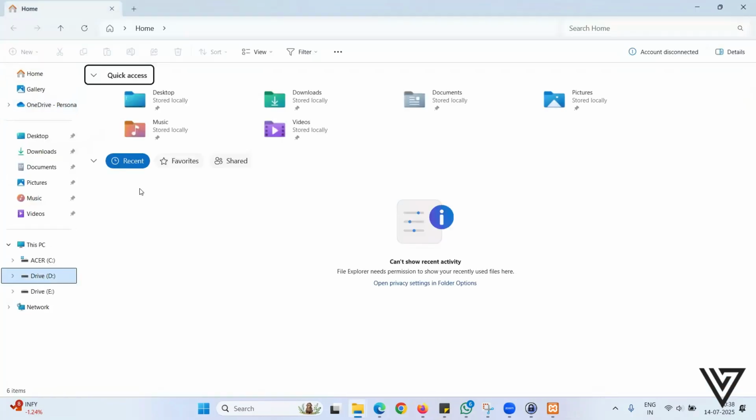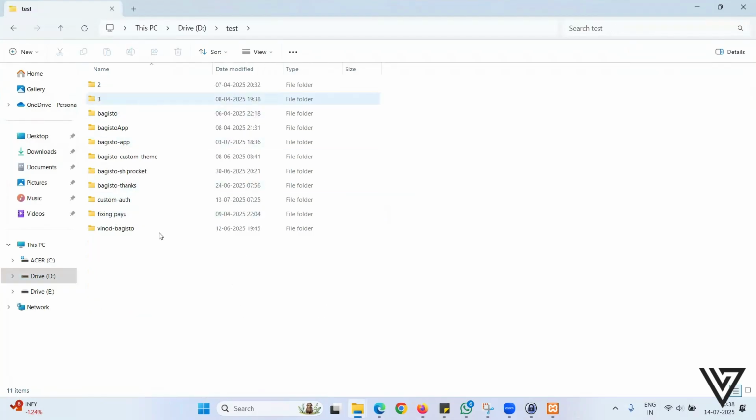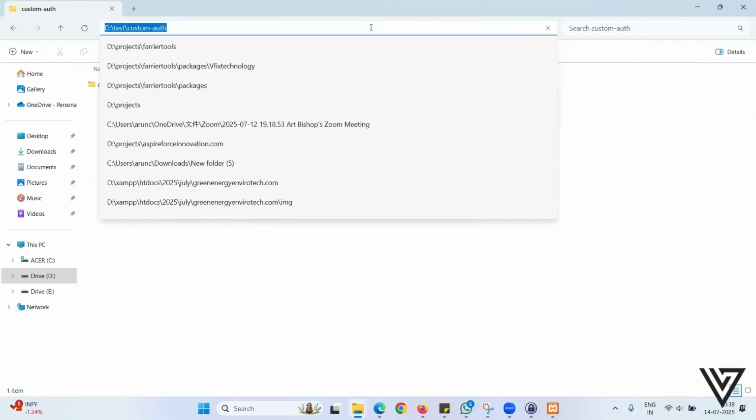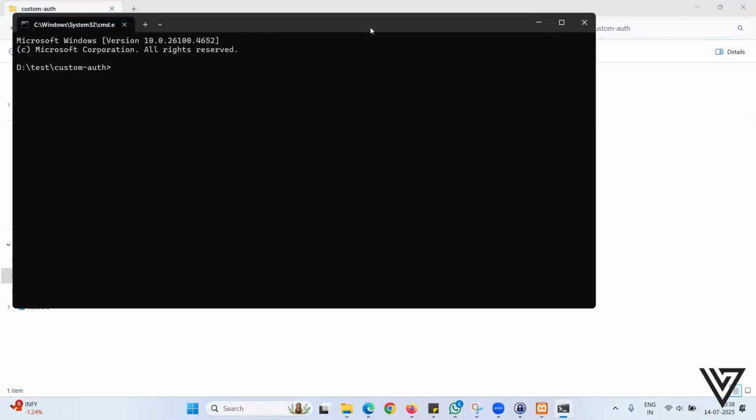All right, I'm gonna go to a folder and let's do this. I'm gonna create a custom auth tutorial folder or whatever. So the recipe is that I'm gonna use the latest Laravel version, which is 12 up to the day. I have a global installer, so this is gonna work. So I'm gonna say laravel new custom-auth